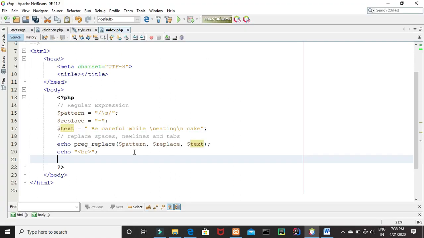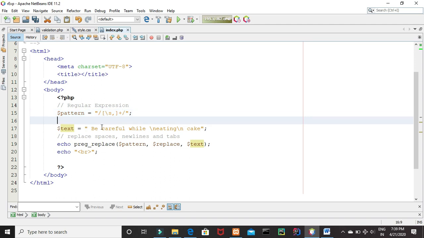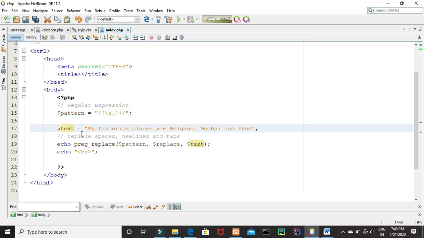Now let us see an example of repetition quantifiers. Let's change our pattern. I'll use the square brackets. This is our new pattern. We'll change the line now. So this is our new line: My favorite places are Belgaum, Mumbai and Pune.